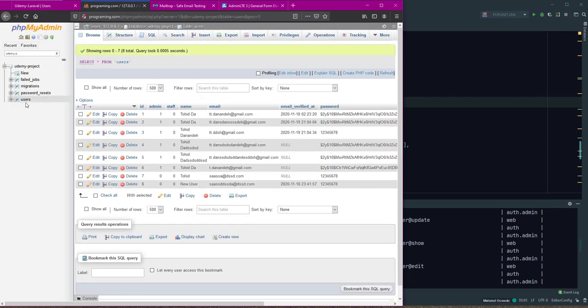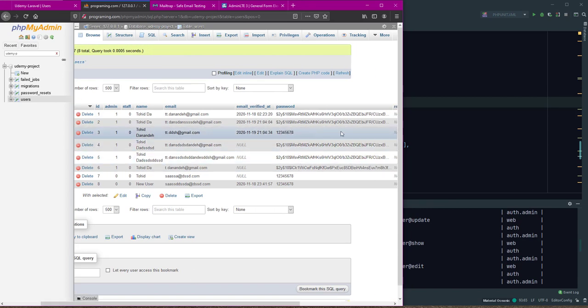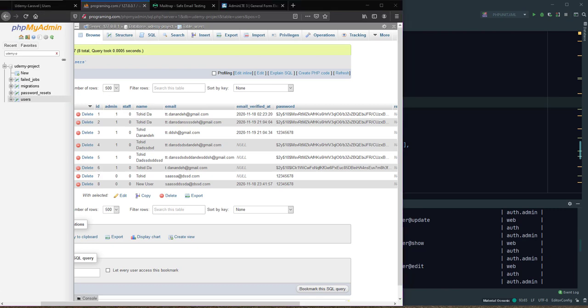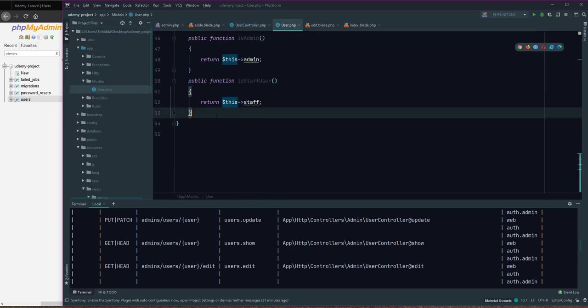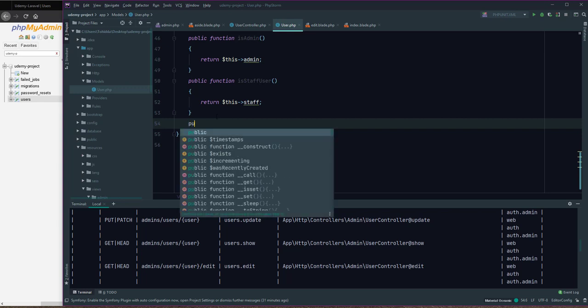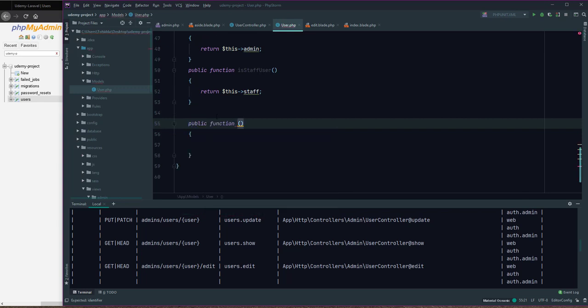We can see in this, for example, user 3 and password this, and to hash the password in this, we can define a new method in user. I define a function, set pass,